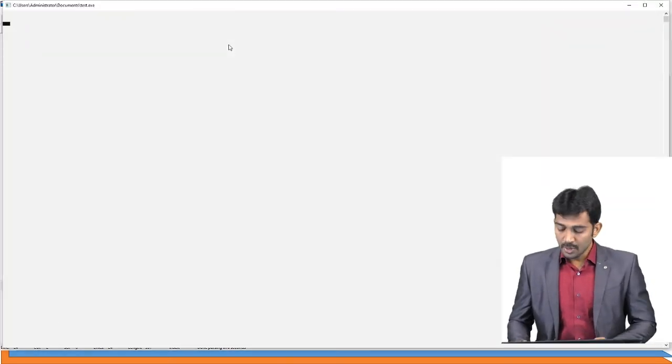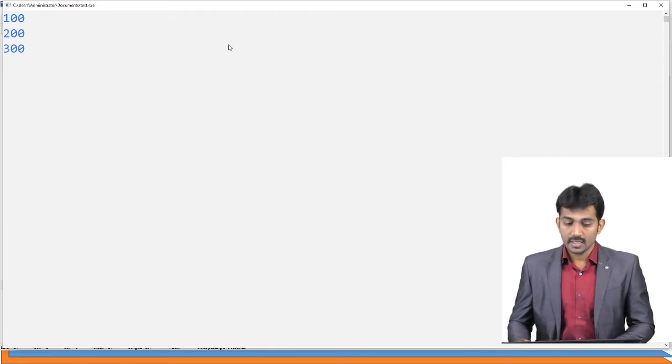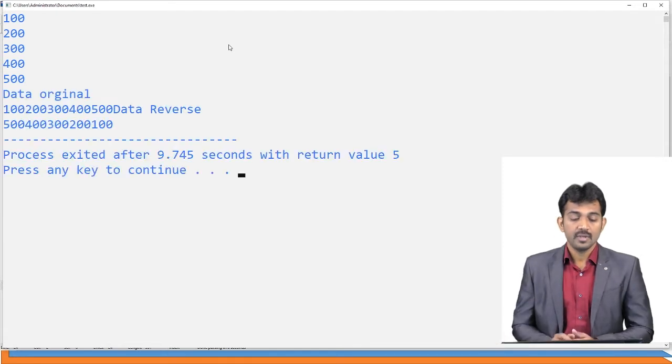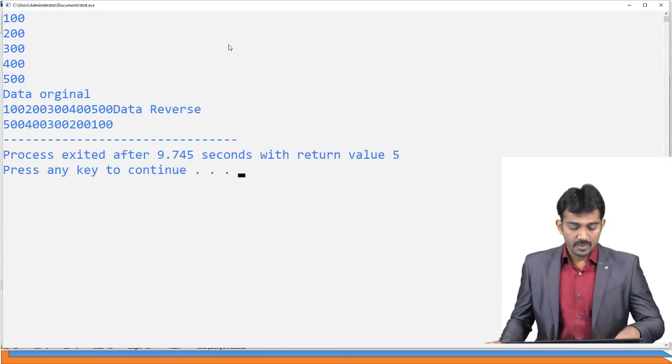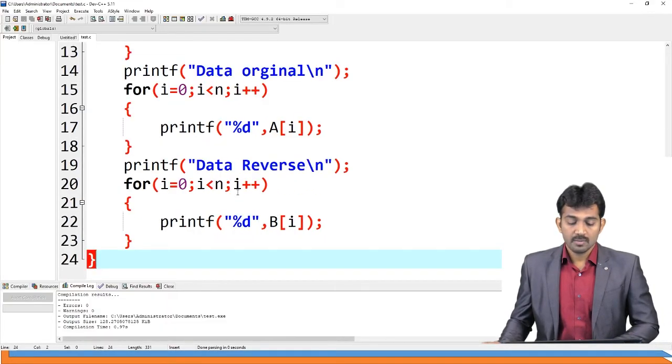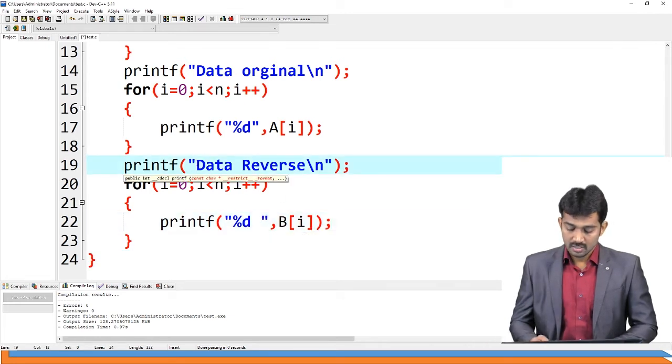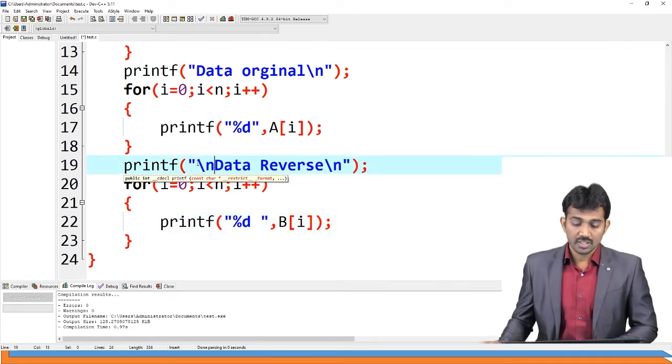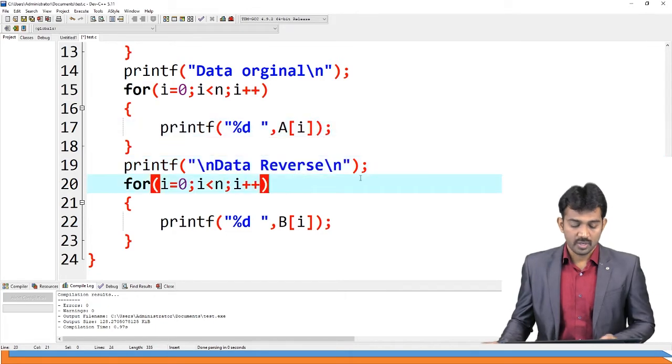I'm going to use 100, 200, 300, 400, 500. Small spaces are required here, a \n and a space. That's all.